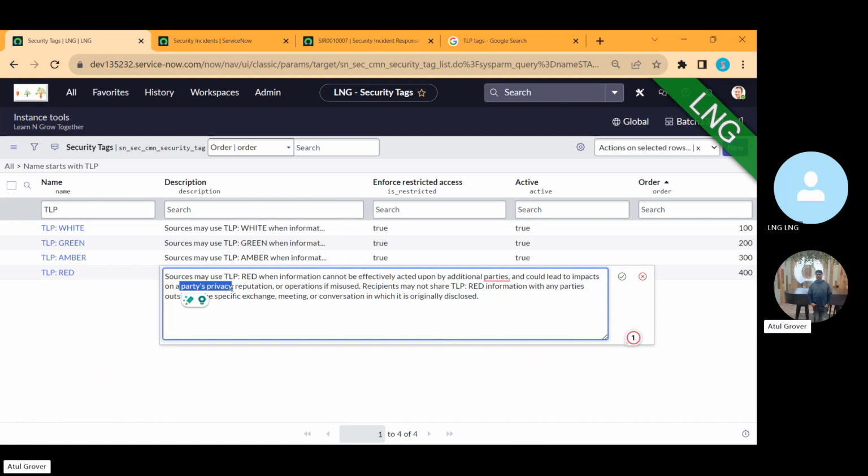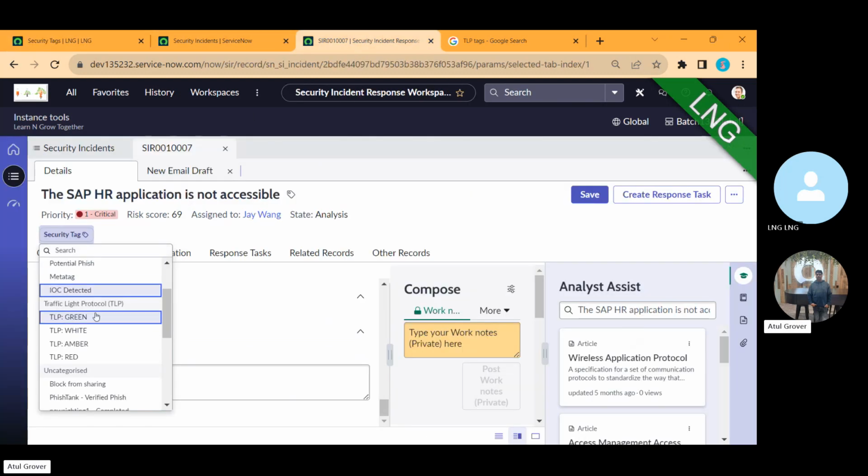I'm telling you from experience, in 4 attempts, every time a question came from these four points. So you can get one question correct by reading this or remembering these examples, and then you can proceed further. And you can use the tags on any of the incidents. So if I put it like this, red, you can see it will become